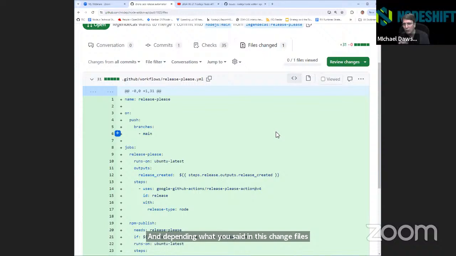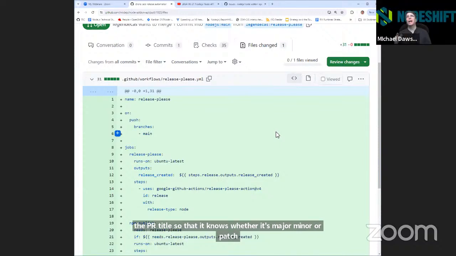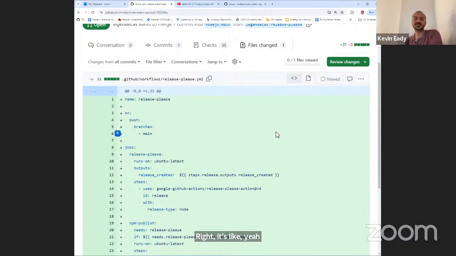Okay. One thing I actually remember about this now is that we would have to start using, in the actual PR titles, something like chore, or minor, I forget what they are, but you have to put that information into the PR title so that it knows whether it's major, minor, or patch. Right, that's what it said in the documentation. It's conventional commits, like chore, feature. Which makes sense, it gives us a little bit more structure to our project as well. And then from there, it can determine whether it's minor, major, or patch.